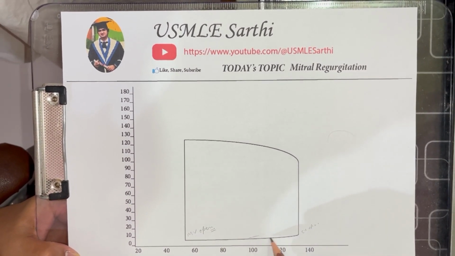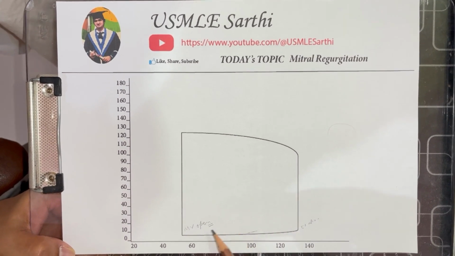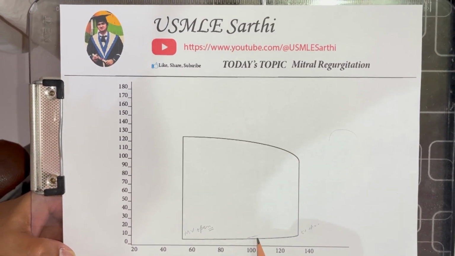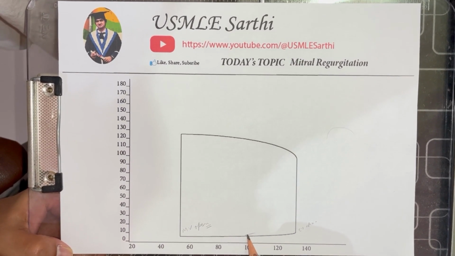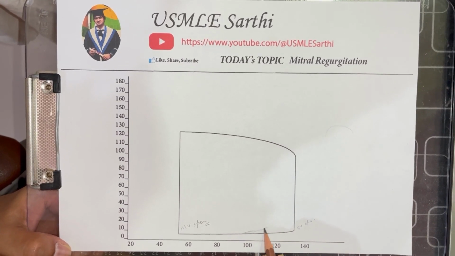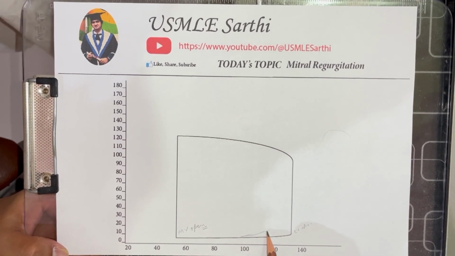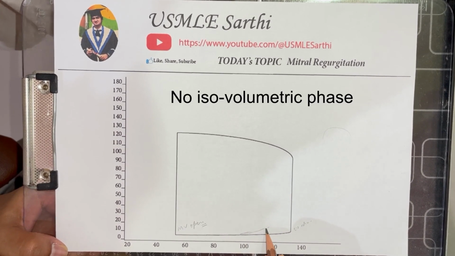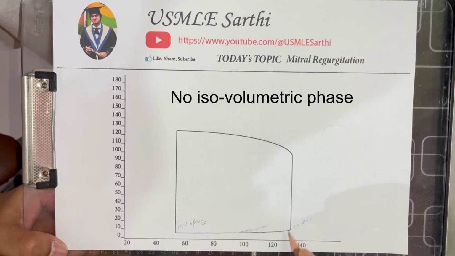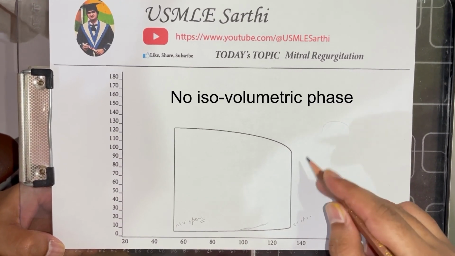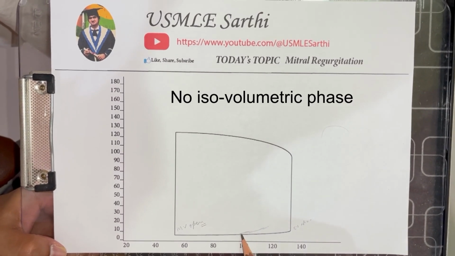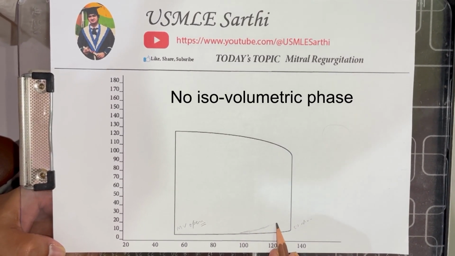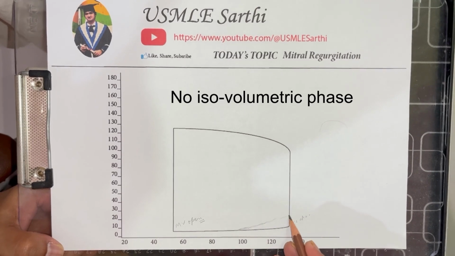But as the mitral valve is always open and incompetent, blood will start ejecting, but not into the aorta but into the left atrium, a backward flow, and that's why there is no isovolumetric contraction or isovolumetric phase. So this graph will go like this,